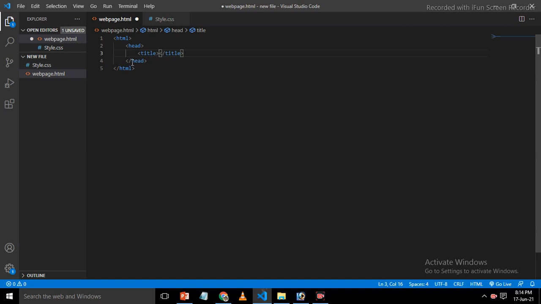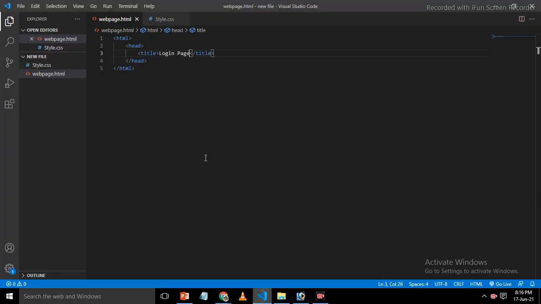Here we put the name login page, because we are creating a login page as shown earlier in this video. I save this, and here we look: the web page comes with the name login page, as we put in our code.